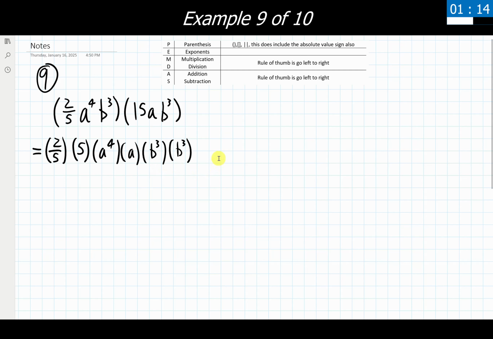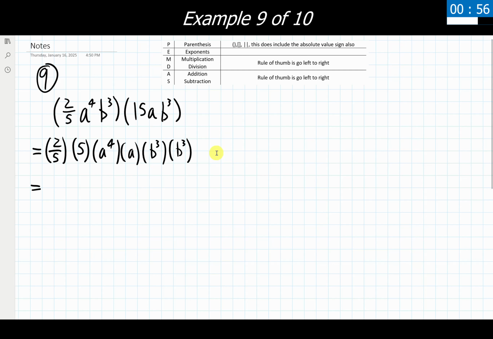Again, this is an optional rule. You do not have to do this. We can still get the same result without going through this step, but I think it's very helpful to see which numbers and exponents and bases are multiplying with one another and affecting one another and things like that.